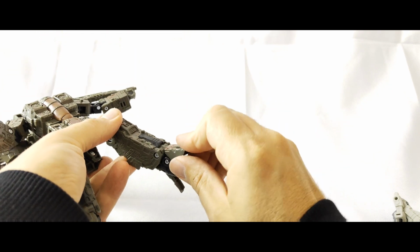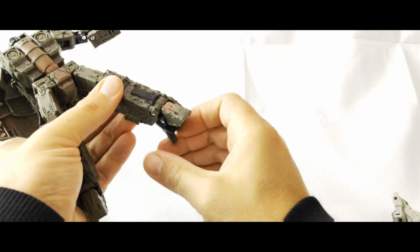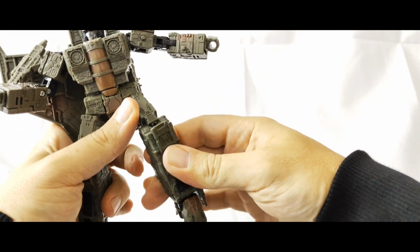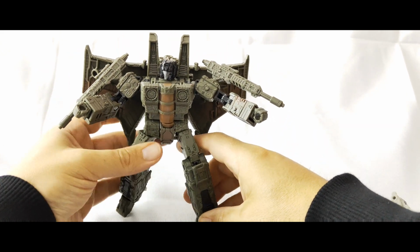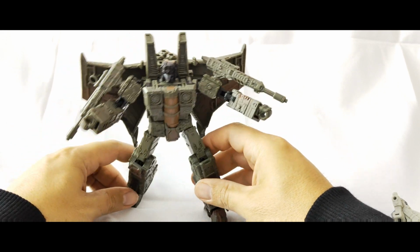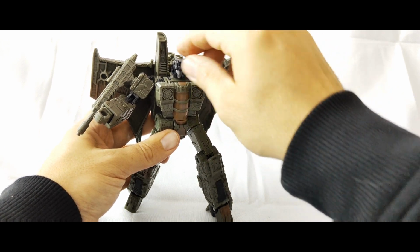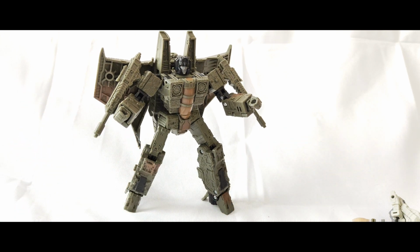And the feet move back and forwards like so, and there's a little bit of a rocker in there as well. So a good deal of articulation, so you can get him in some dynamic poses even if you don't have the full, whole foot of that one on the floor. You can still get some dynamic poses out of him as if he's running or getting ready for battle, and